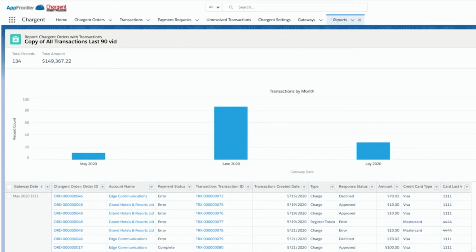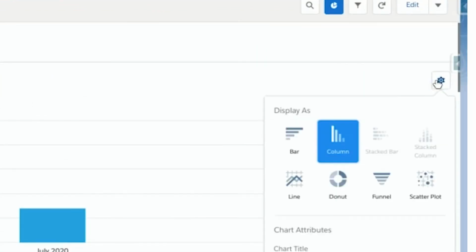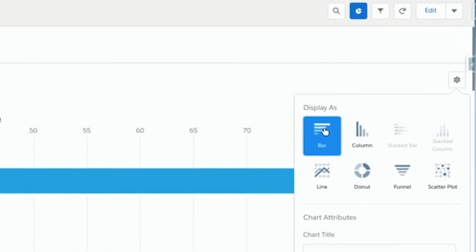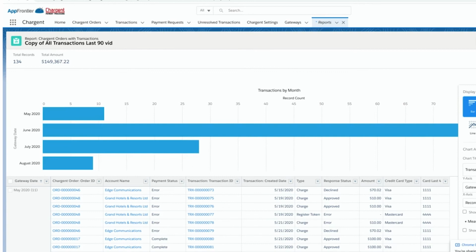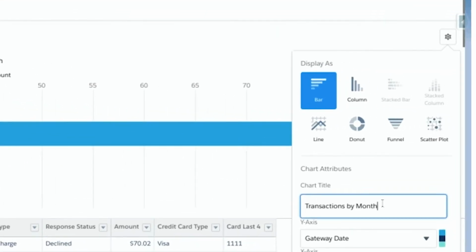At the top of the report, a column graph is displayed. Click the gear to the right to change the properties of the graph. You may prefer to display a bar graph, for example. This is where you can also make more configuration changes. For instance, you can add a title for your chart, and you can even remove the chart